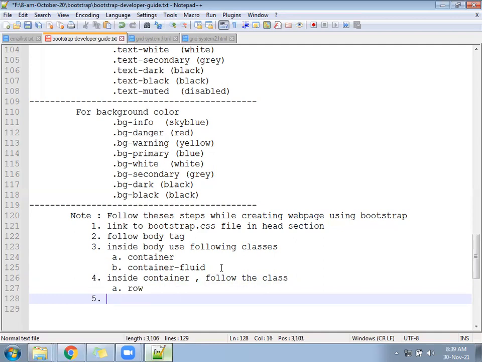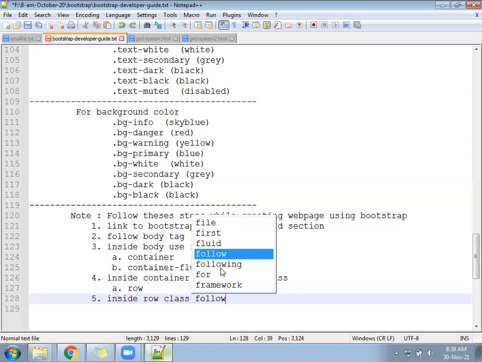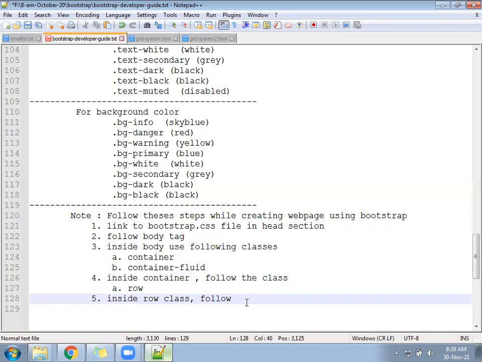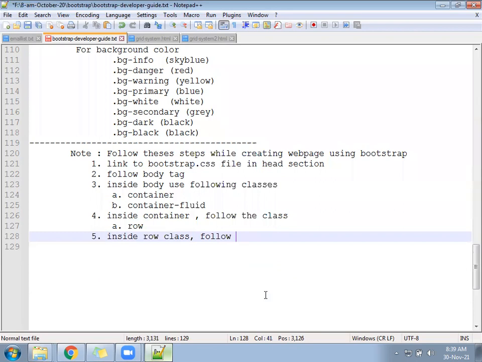After that, point number 5: inside the row class, follow any 12 columns from the given 72.